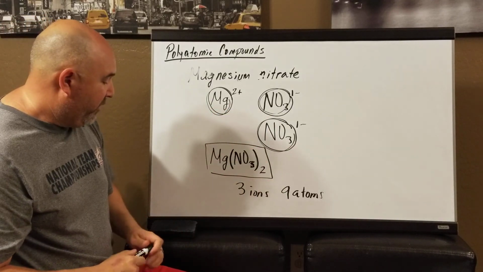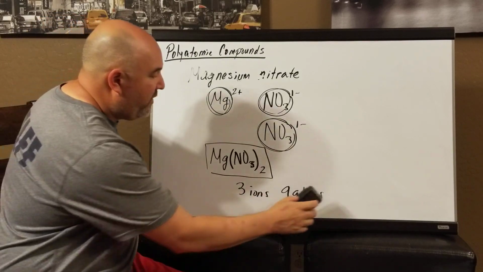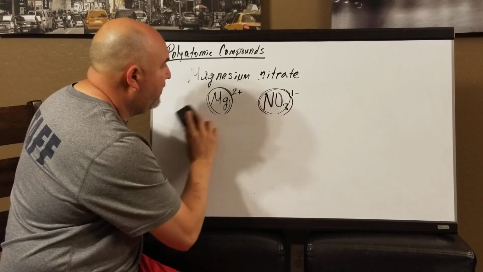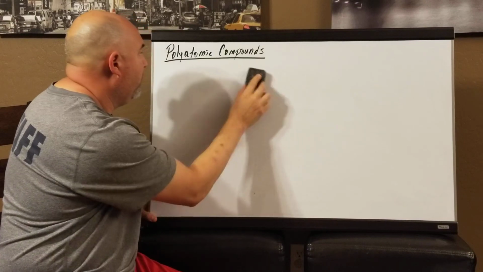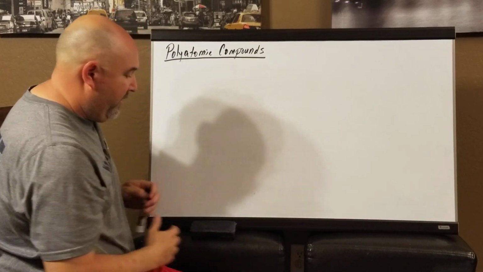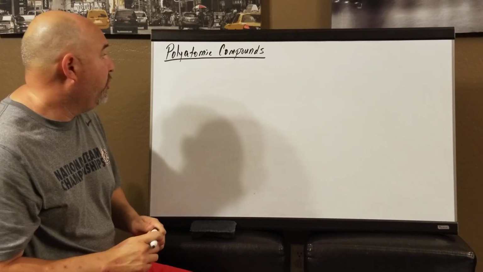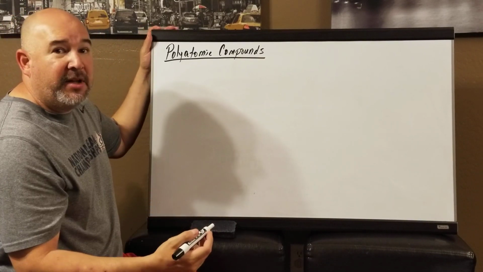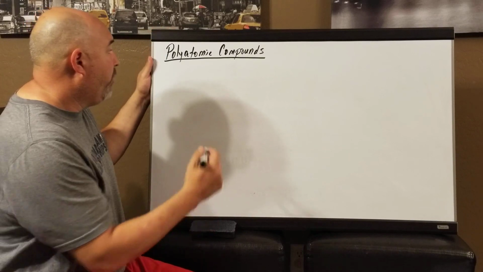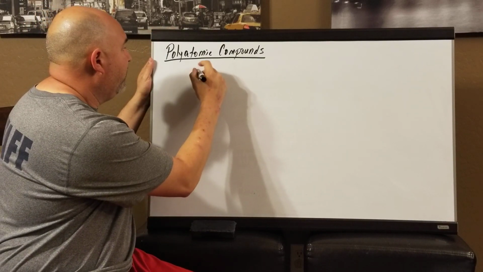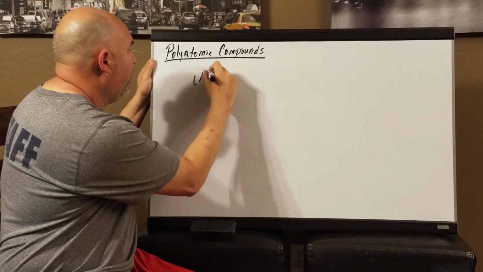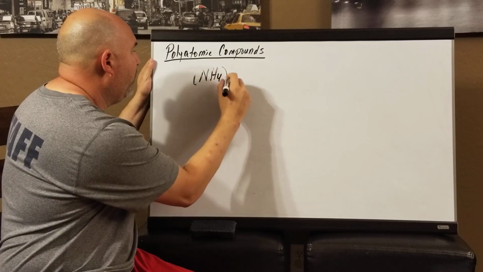Okay, I'm going to do one more example. So let me erase this. This time, I want to be able to write a name if I'm given a formula. So let's say I'm given something like this. This looks tricky. (NH4)3